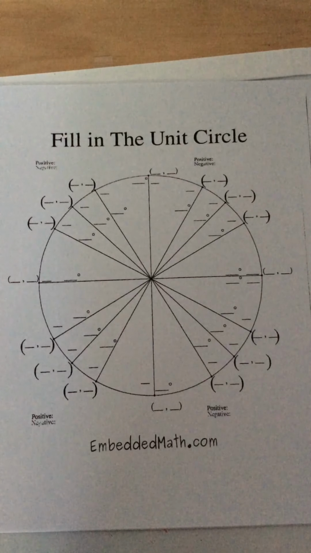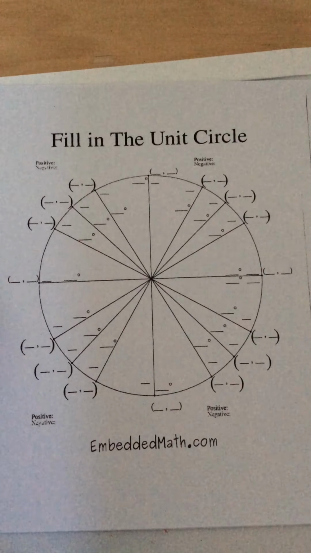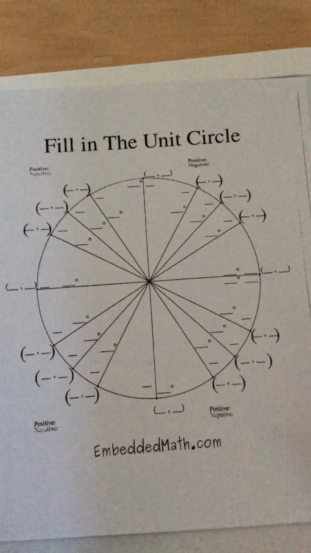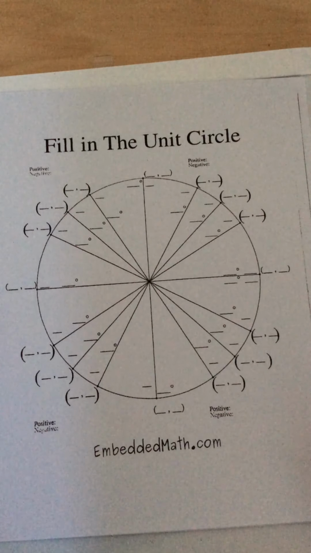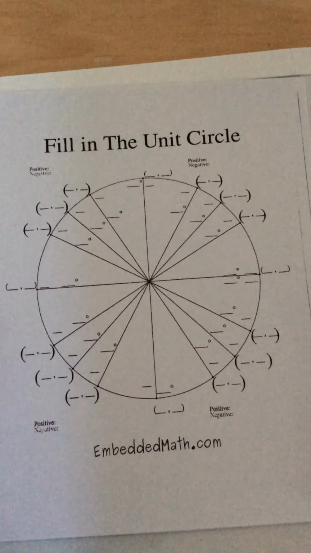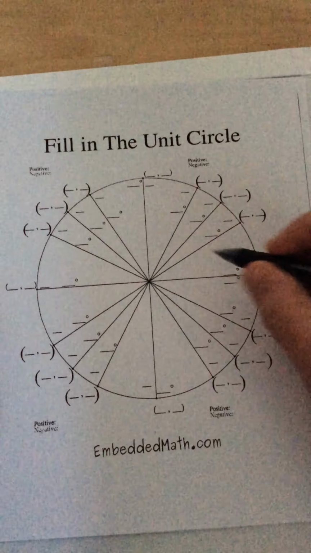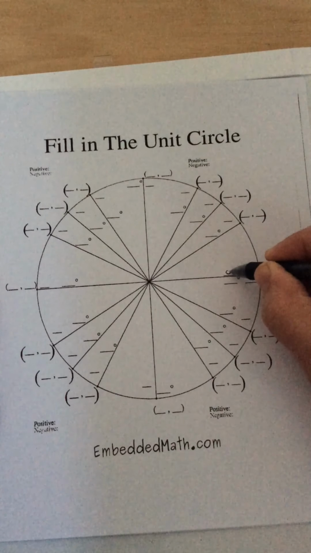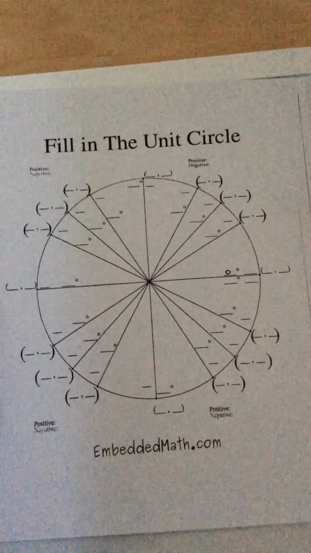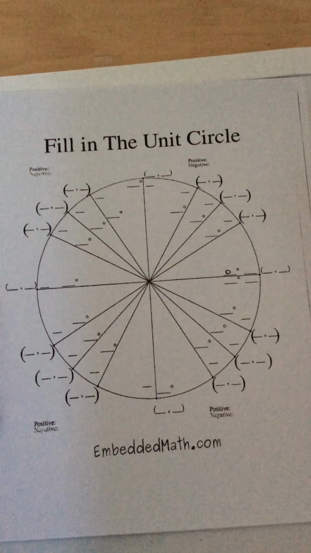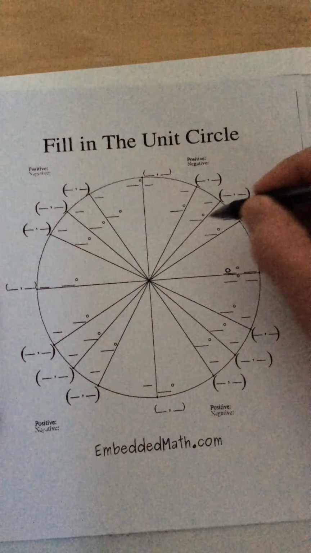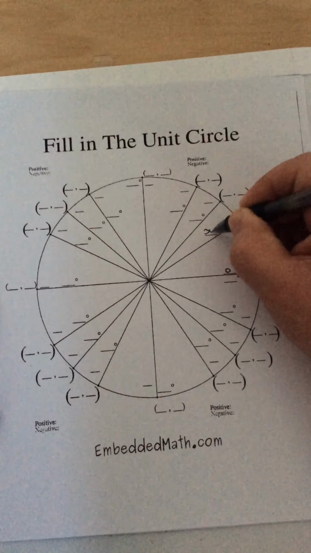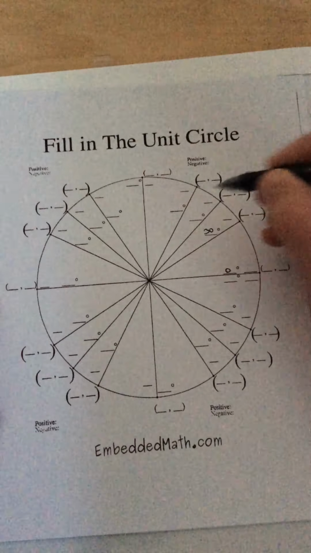Okay, this short video is going to be on how to fill in a unit circle very quickly. I'm going to start with the degrees. We know that the positive x-axis is 0 degrees. Then I'm simply going to count by 30s. So my first angle is 30. I'm going to skip my 45,